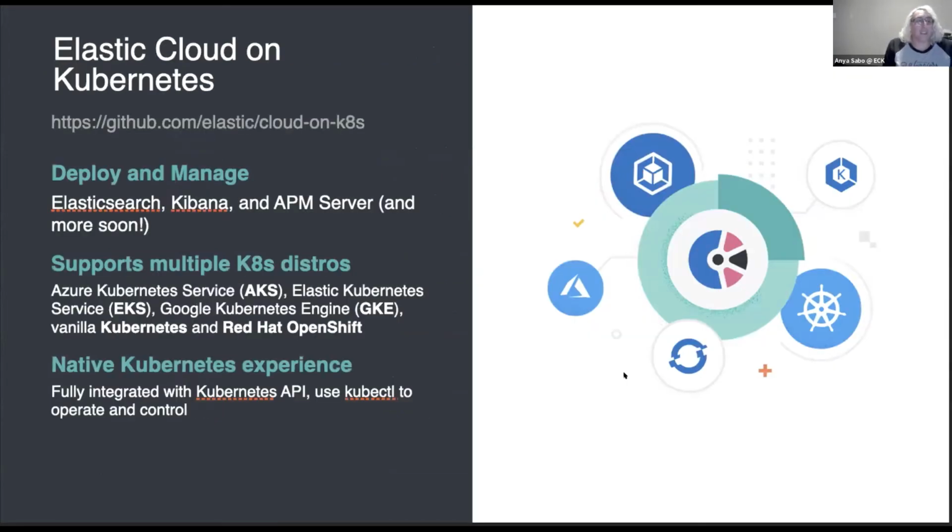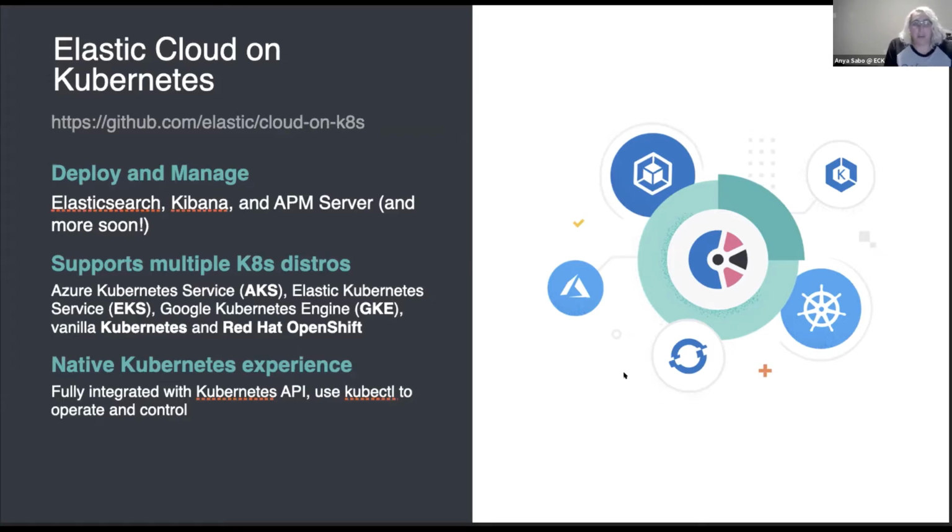And so this brings us to the overall overview for Elastic Cloud on Kubernetes, ECK. As I mentioned, it'll bring Elasticsearch, Kibana, and APM server today. We support a lot of the same platforms that Elastic Cloud does, so you can run it on all of the hosted Kubernetes platforms on those big cloud providers. Azure has AKS, AWS has EKS, Google has GKE. You can also run it on your own Kubernetes that you installed yourself, either on-prem or on the cloud, and you can also use Red Hat's OpenShift.